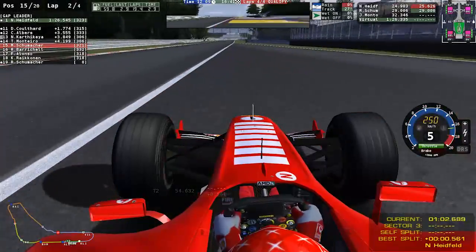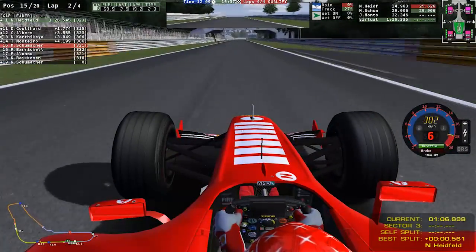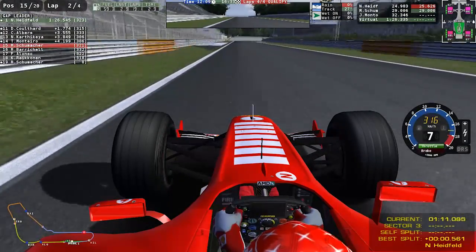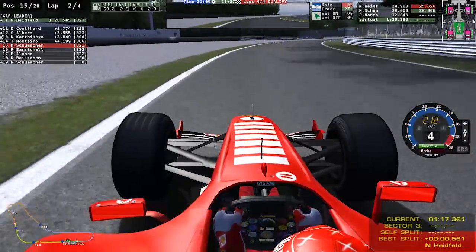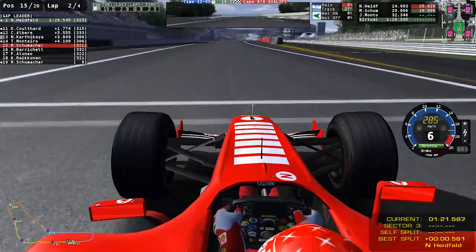Half a second down on Nick Heidfeld, who's the man on pole position, running out as wide as you can, right on the ragged edge there on the exit of the Ascari chicane as we now approach the final corner on the track, and this is definitely the hardest one, if not the second Lesmo. It's the Parabolica, third gear. You want to really hold it in, you're really loading up the left front tyre here as you now power through the gears, get on the speed, and we're going to try and come across the start finish line now,